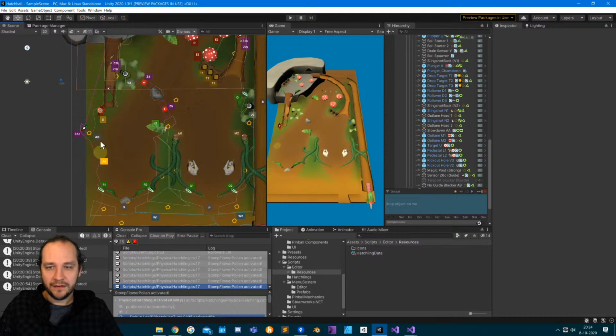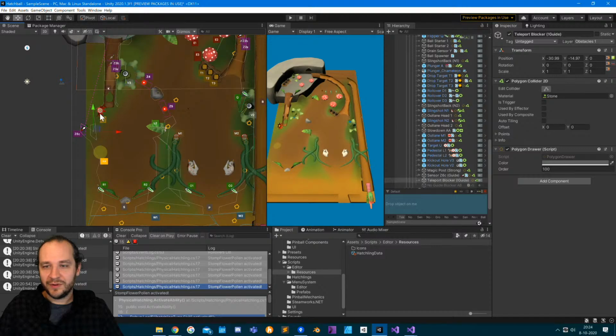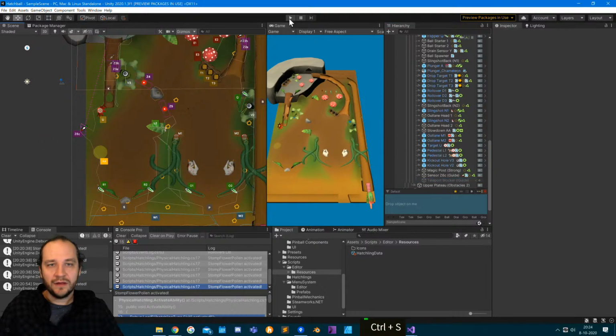The guide thing, I'll just turn it off for now. Oh, hold on, I made that already. All right, I've been out of this too long. All right, I'll take it away. I just made the shape a little different. Okay, teleport blocker, yes, okay. And then